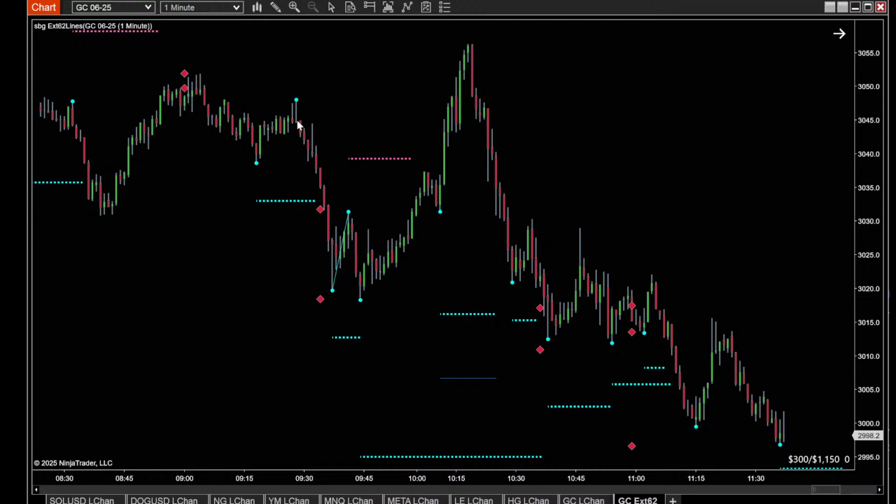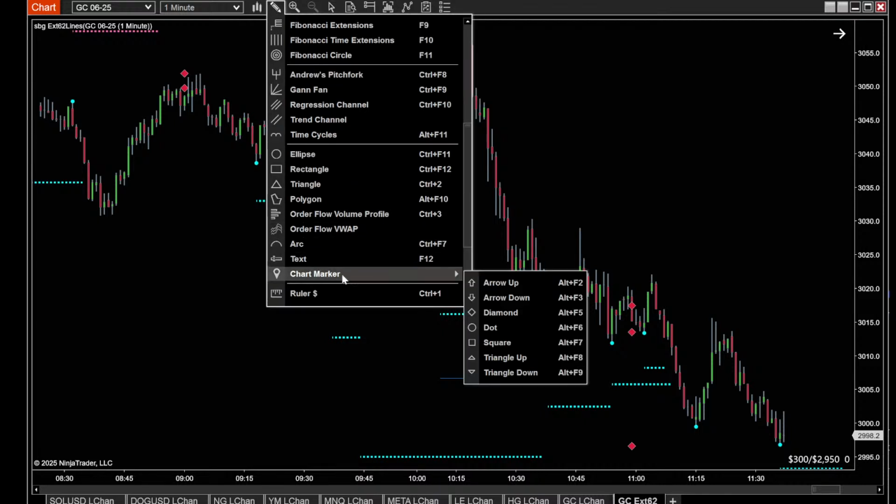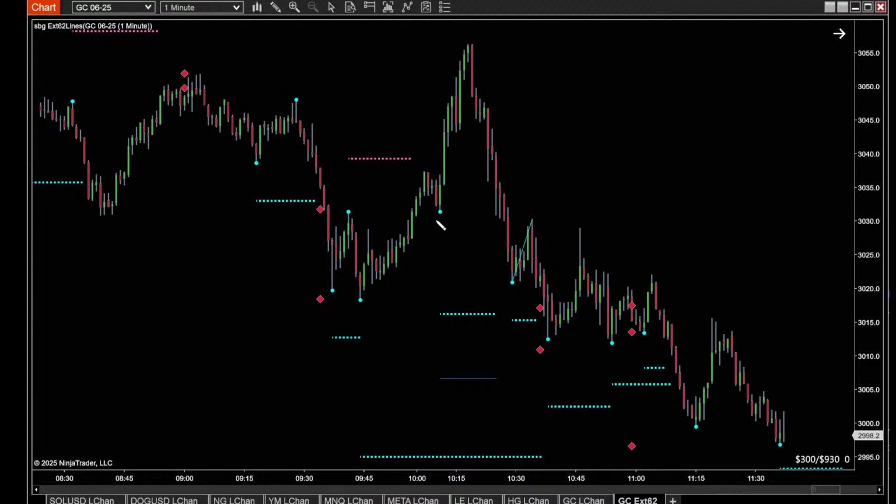In this case, we had a strong move downward in the morning at 9:30. We hit this level, bounced back up. We found a new low just slightly below the prior low. And we're going to go on that reversal off of that bottom. We're going to buy when price hits back up here. So we buy right at this point. Let's put a marker on there. I'm just going to put a dot. We bought right here at that point,